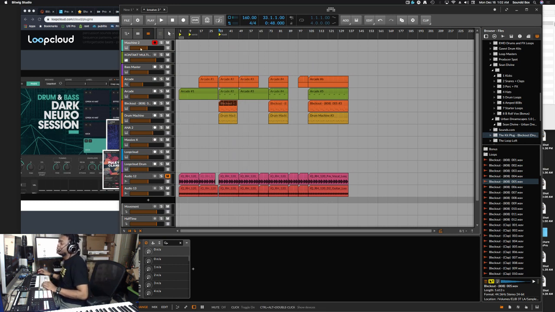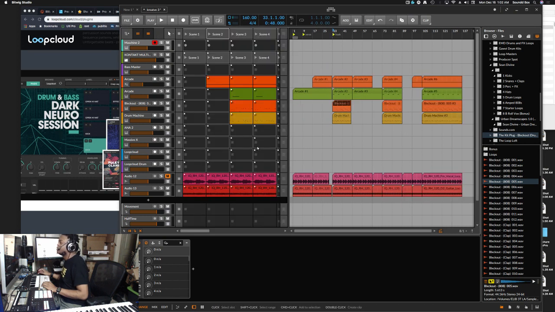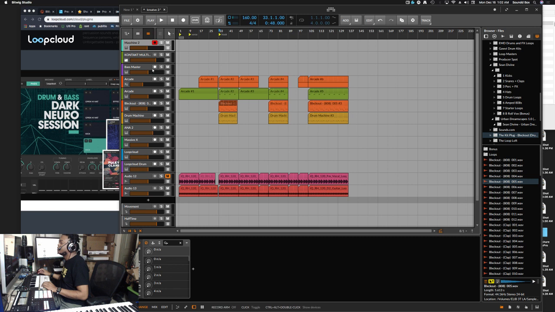So actually, this is kind of standard as well in Bitwig. Here's my scenes or my clip view. Studio One does it like this as well. When you load up everything, this is usually the view.